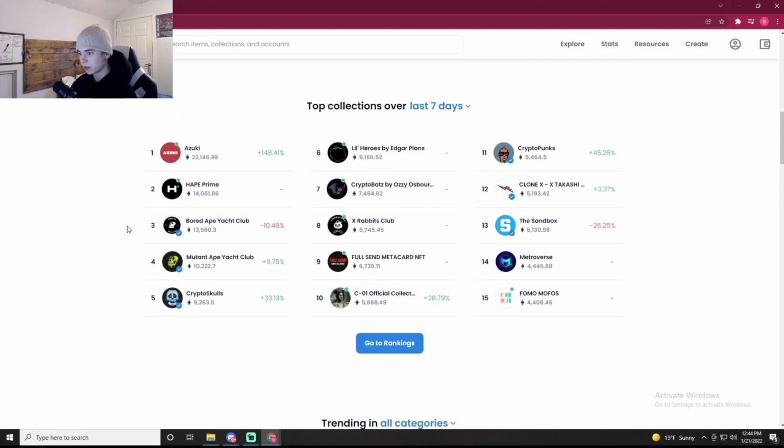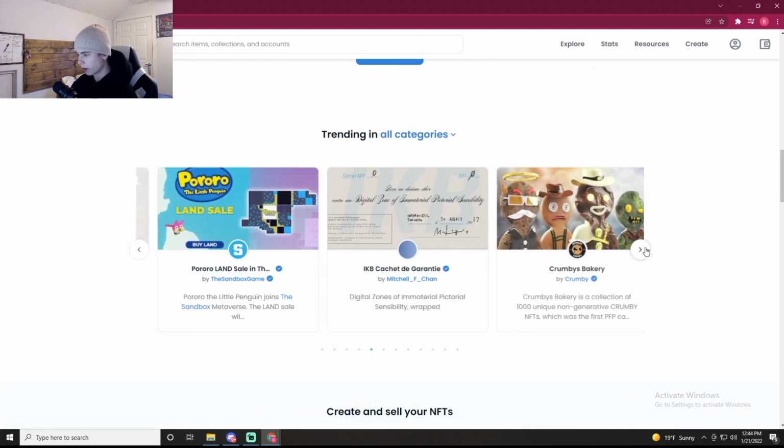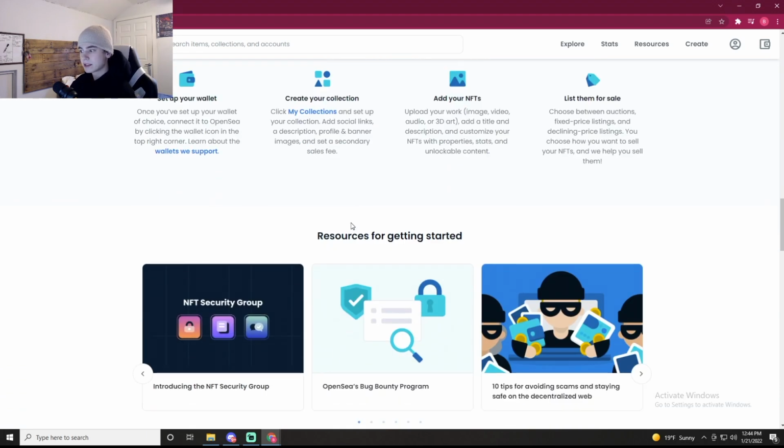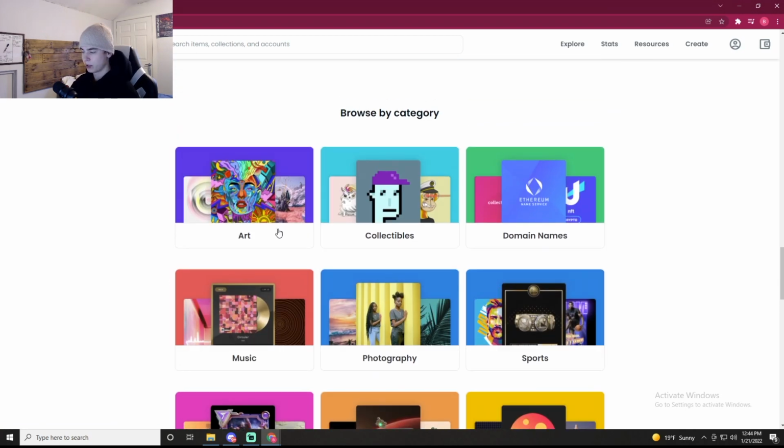People have been buying the NFTs. These are top collections over the last week. If we scroll down a little bit more, these are just some NFTs that are trending in all categories. You can create and sell your NFTs, with a little description on how to do that. Resources for getting started. Additionally, a categories page for NFTs, so you can filter out which type of NFT you